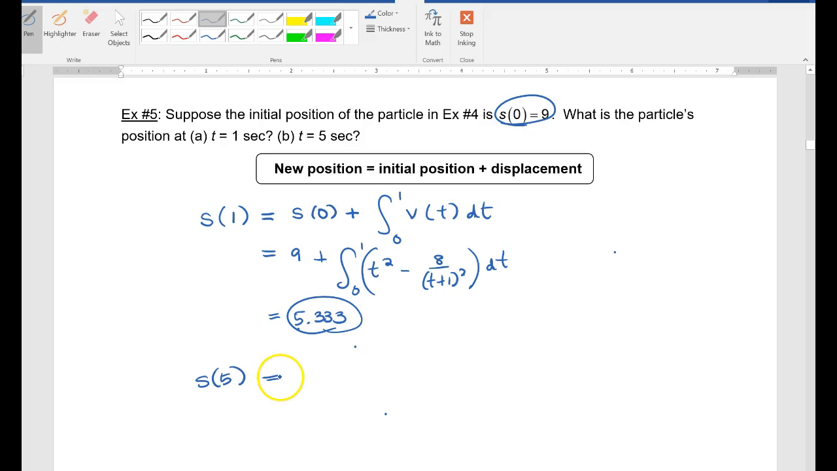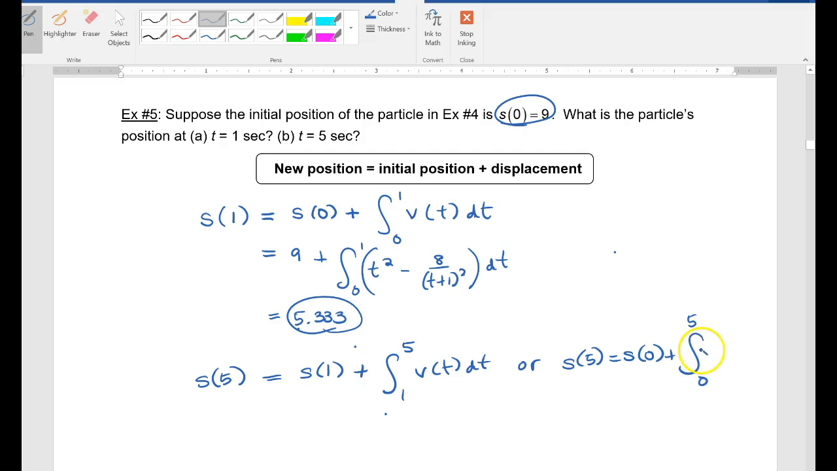At 1 second. Now, there are 2 ways we could do this. Now that we know the position at 1 second, we could use that and then do the integral. So there are 2 ways we could set this up. You could do s of 1, and then we would do the integral from 1 to 5 of v of t dt, or you can start over at the initial. These are the same thing, and I need you to recognize both ways of setting it up,